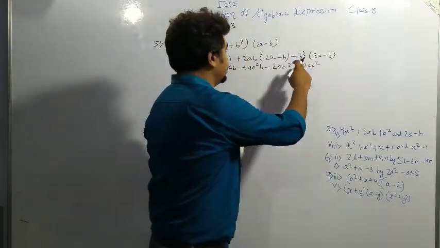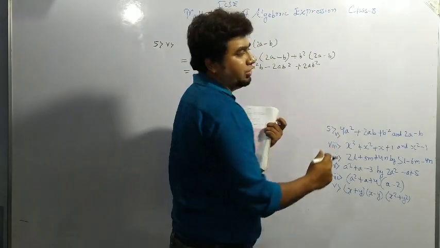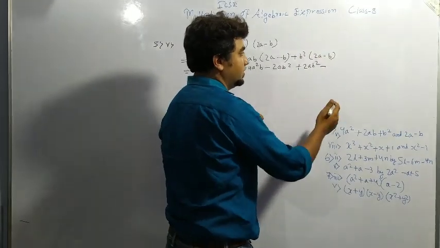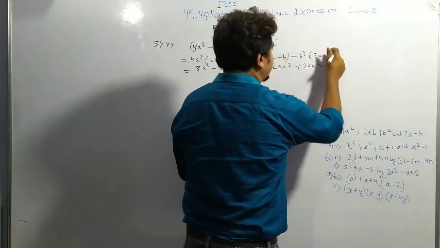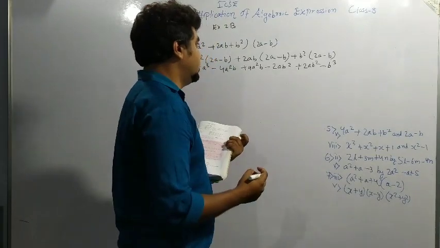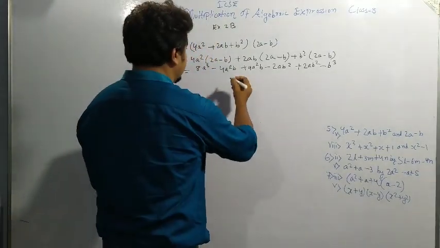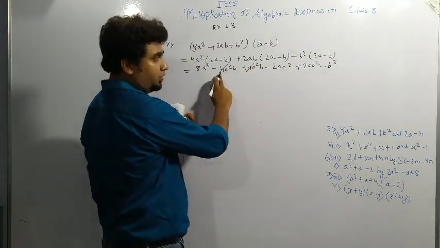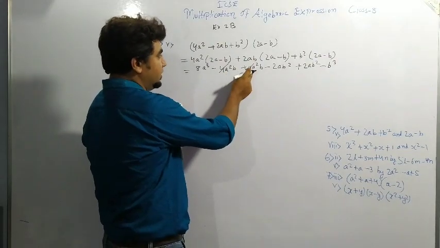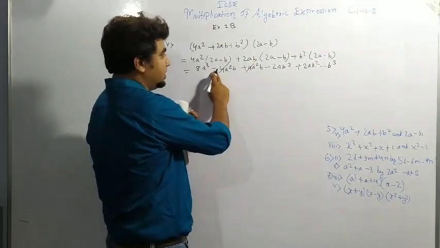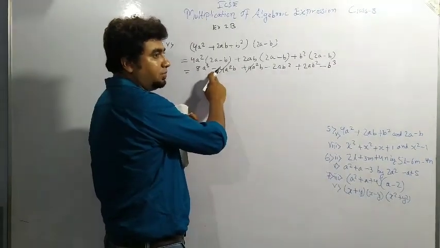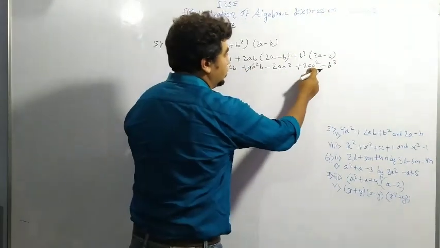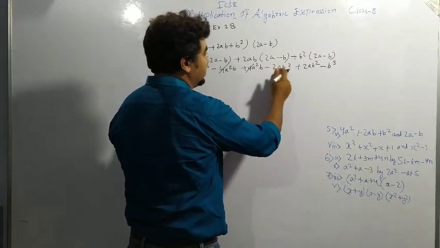Now what is left here? B square. B square into minus b will become, first of all I am writing minus sign, then b square into b is minus b cube. 2 plus 1, the powers will be added, it is coming out to b cube. So some terms are getting cancelled. Minus 4a square b plus 4a square b. You don't have to plus it, you have to see the sign on the left. The sign of a term is always defined on the left side. So minus 4a square b plus 4a square b will be cancelled. Minus 2ab square plus 2ab square will be cancelled.